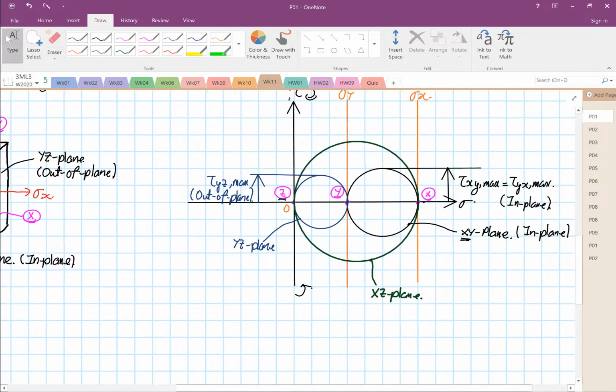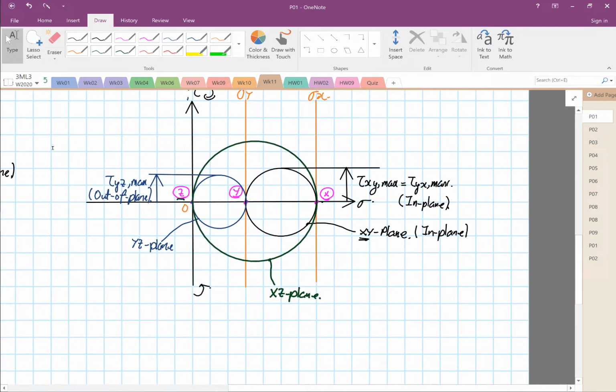And for this situation over here, that's where we have to be really cautious, is that this height now that I'm drawing the line, right? So over here, this height is our shear XZ max, which is equal to a shear ZX max, and this is our tau max,